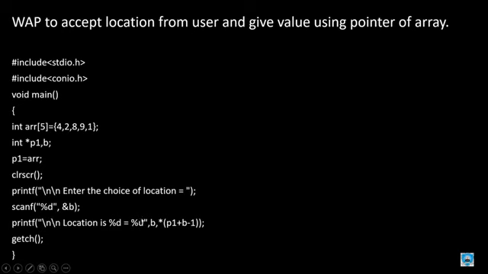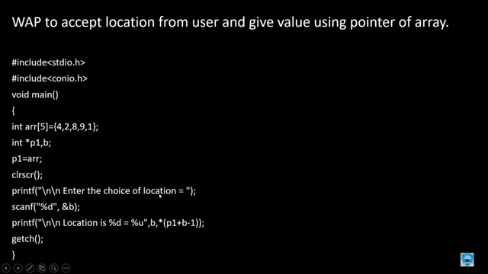Due to that reason we are taking %u as an unsigned integer. The location we enter is b, and most important, inside the bracket, p1 my pointer plus b minus 1, and the bracket has a star, that is pointer.